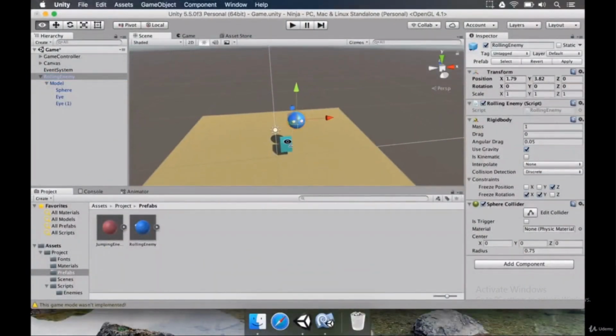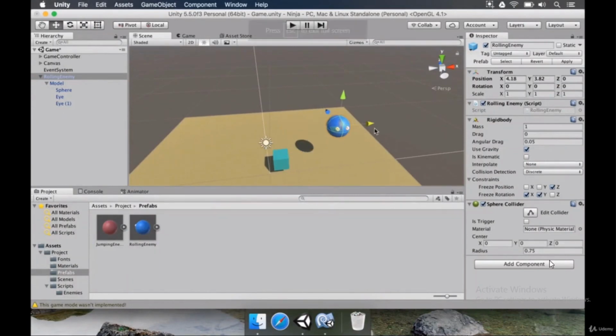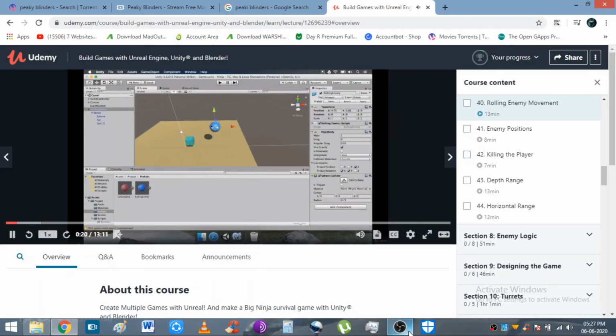So, the thing about the rolling enemy is that it's going to start in one side where the camera can actually see the enemy,